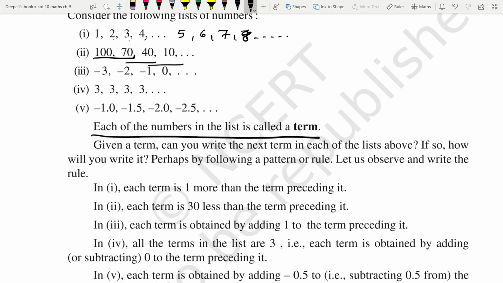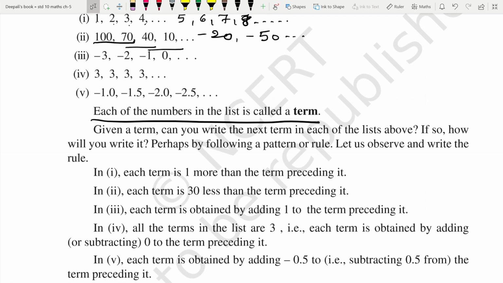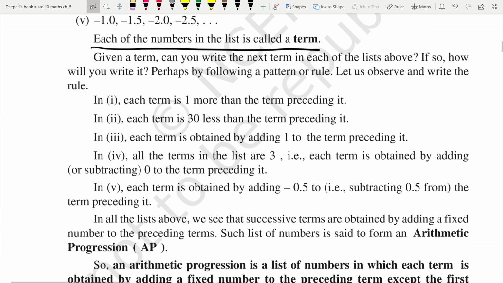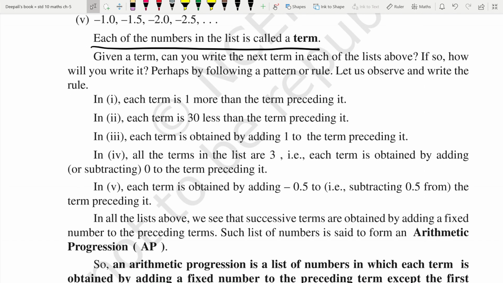So it will be minus 20. If I still go further, it will be minus 50, and so on. Same way next, we have a difference of 1 being added. So it will be 1, 2, 3 and so on. Same way, it is a repeating unit with 3, that is each term is obtained by adding or subtracting 0 to the preceding term. And in the fifth, each term is obtained by adding minus 0.5, that is subtracting 0.5 from